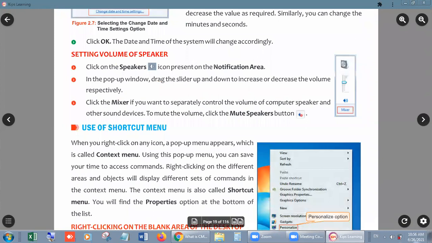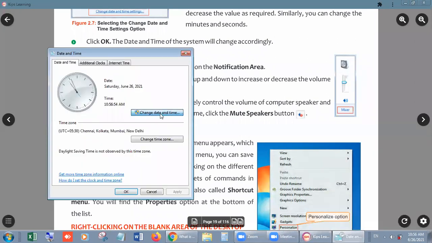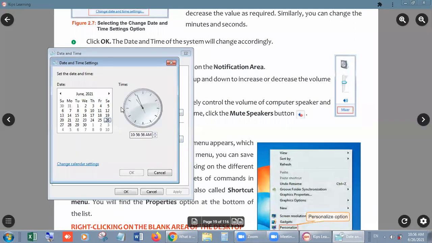Now I am going to change the date again so that it can be a revision, and the time will automatically be accurate again. Click on the time area. Now Change date and time. Yes. Again go to May 26th, and the time right now is 9:48. 9:49 I'm setting.